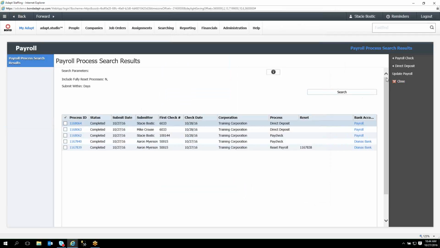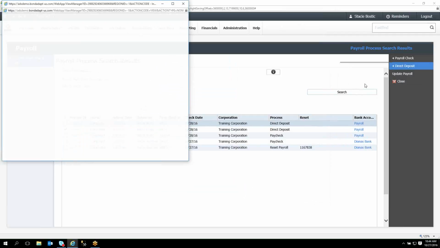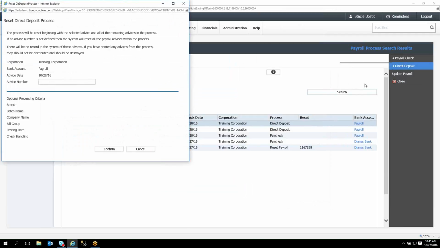I want you to check the box next to that process. Actually, the one that Mike did. There you go. Because yours didn't have anything in it. Right. And go over to direct deposit on the right, and let's say reset direct deposit. And that's just going to take away what he did. Yeah, it's going to wipe out everything in the database regarding the checks, withholdings, deductions, and set the time cards